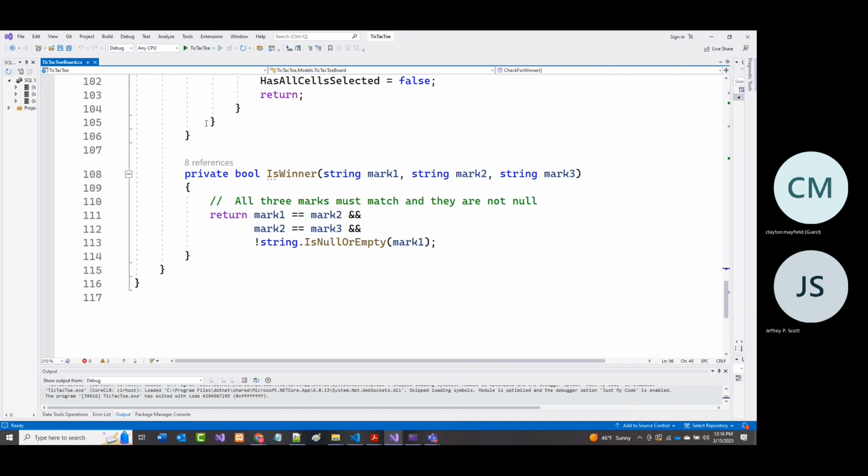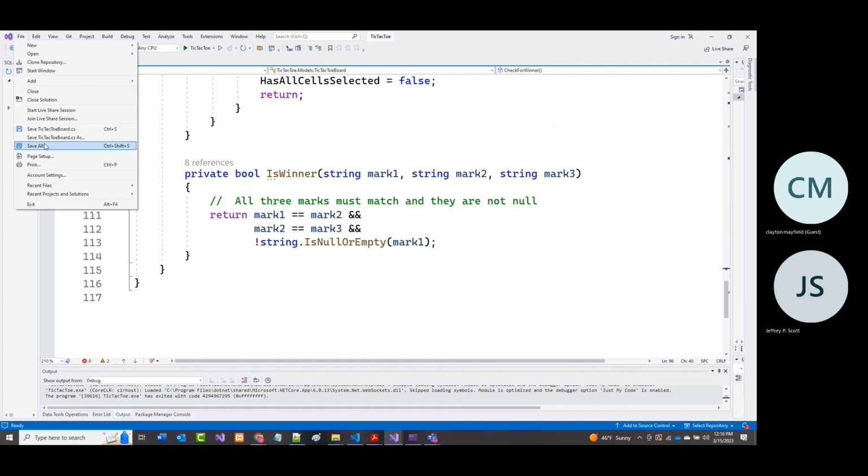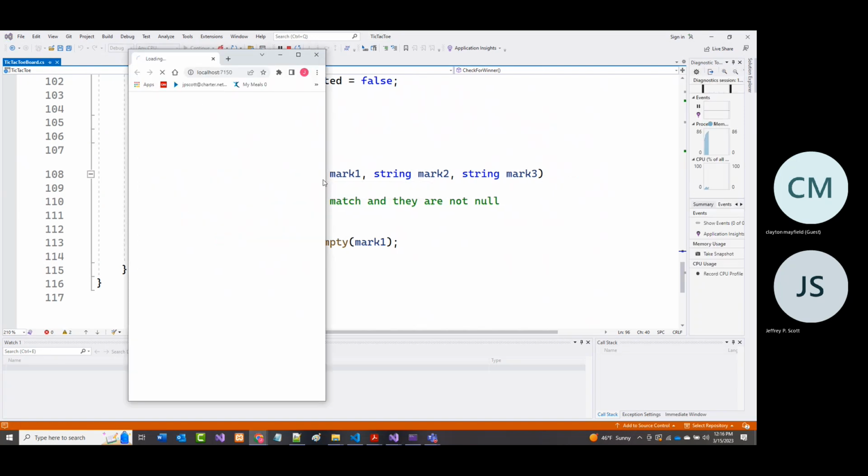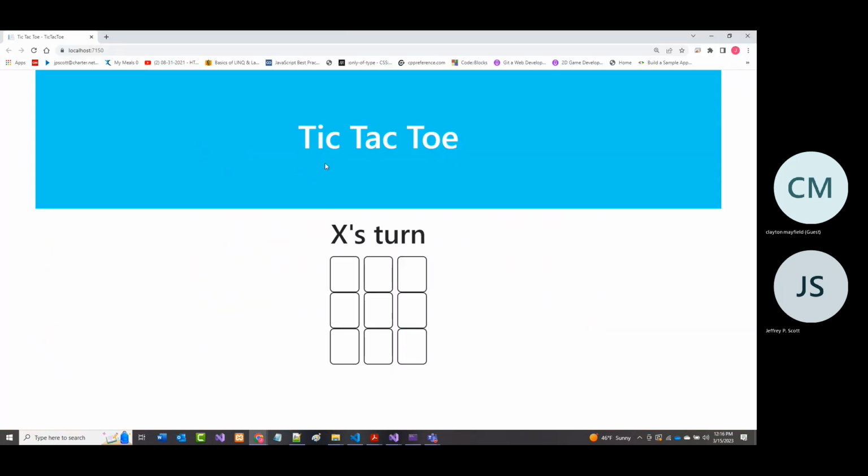All right, so that's everything. So now if I do come in here and do a file, save all, and I run this, there it is. So I play a game. Let's have X win the first time. And it says X wins, new game. Let's have O win.